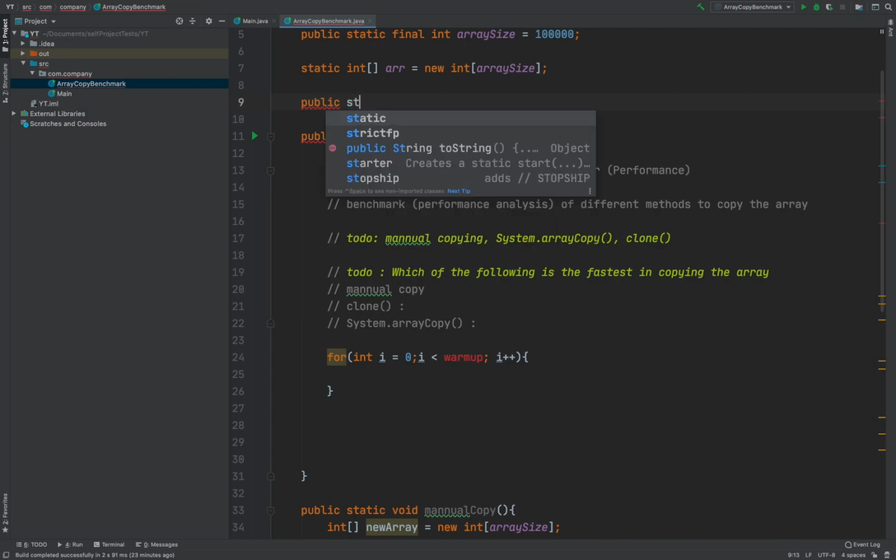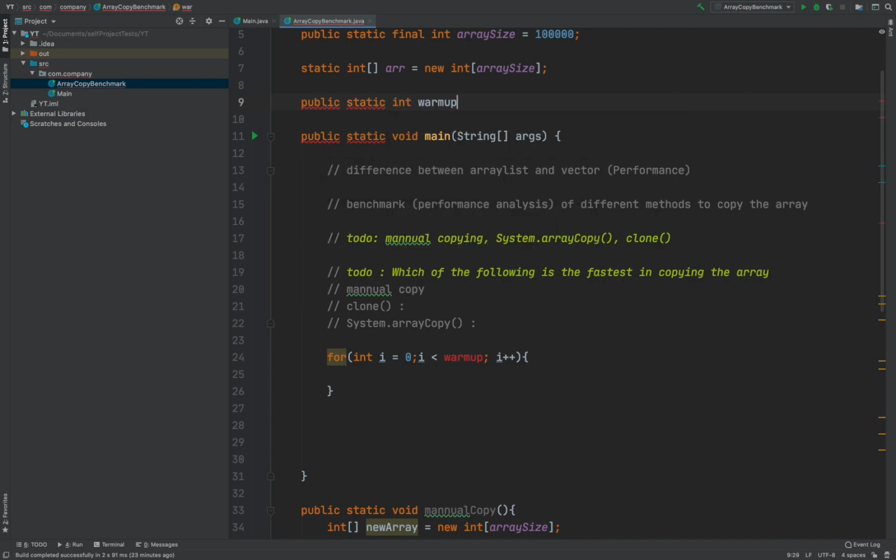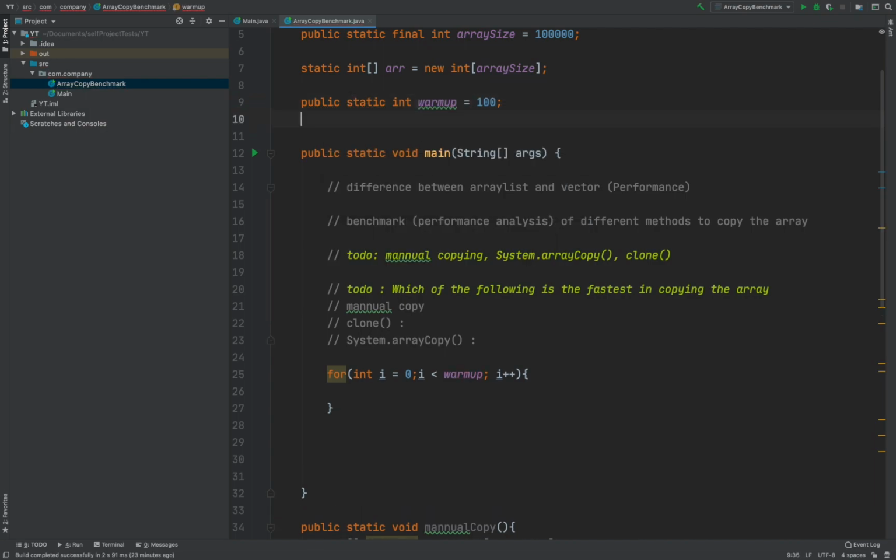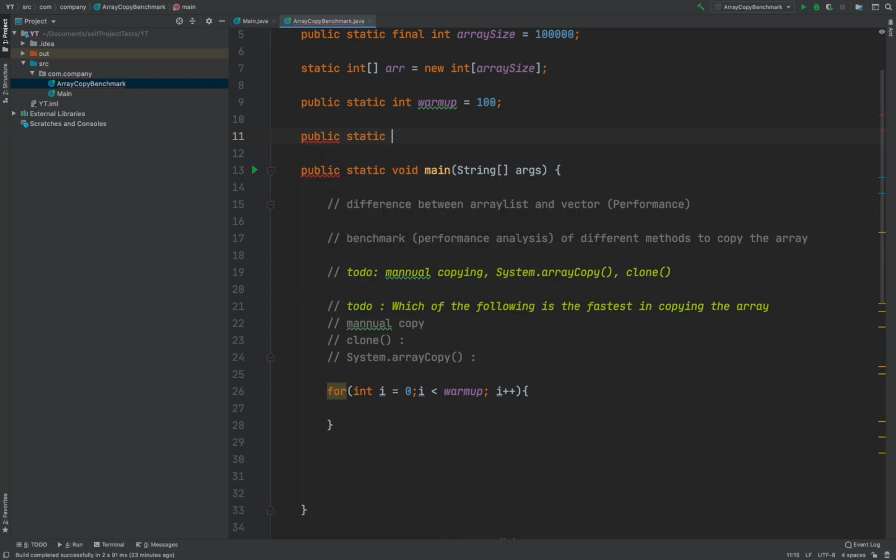Let's define public static int warm up equal to, let's say, 100, and we also need to define public static int actual run. Let it be 1 lakh. Now we are first running our loop till warm up time to just make it quick, and this will be